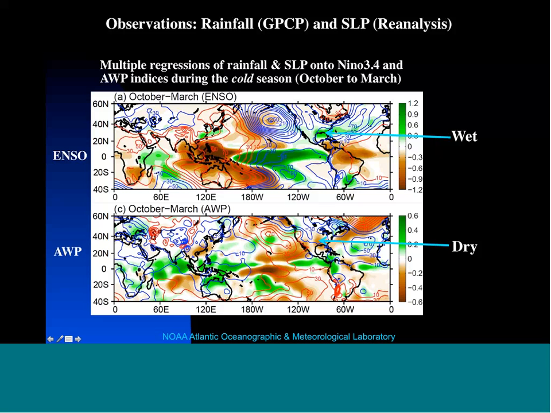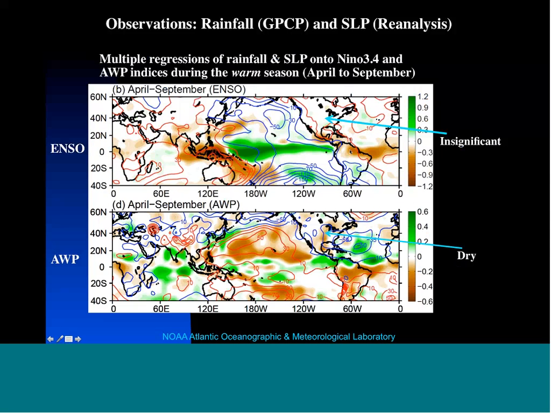For the warm pool, we see that the rainfall impact over South U.S. and the Southwest U.S. is decreased, which means a large warm pool will decrease rainfall over South U.S., and in a small warm pool year, the rainfall will be increased. This is during the cold season. Now, how about the warmer season?